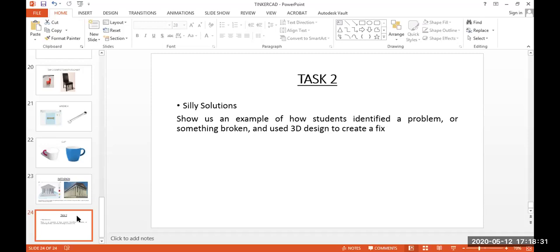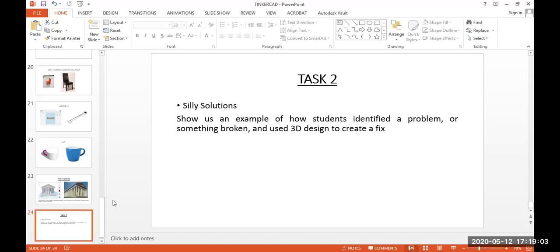So you have to identify a problem or something broken, and use Tinkercad 3D design to create a fix. This is today's task, and the submission date is tomorrow, the 13th. You have to submit this tomorrow.